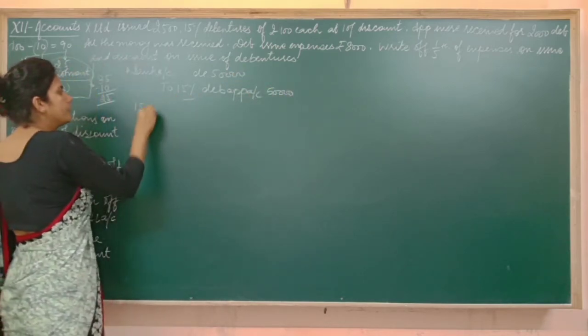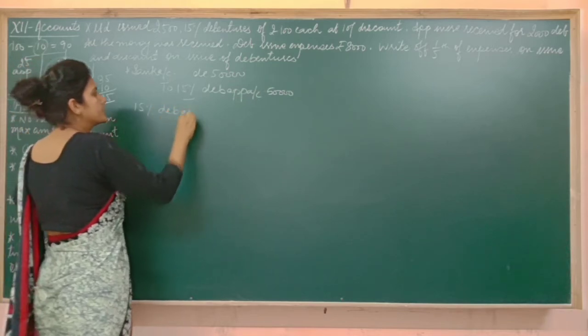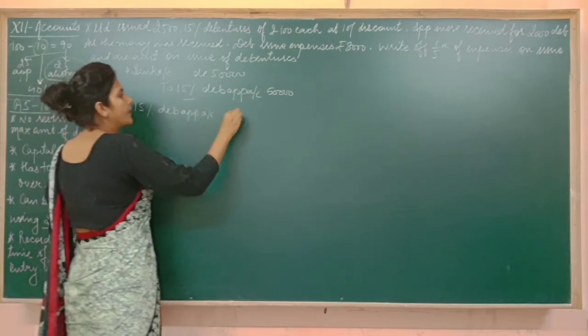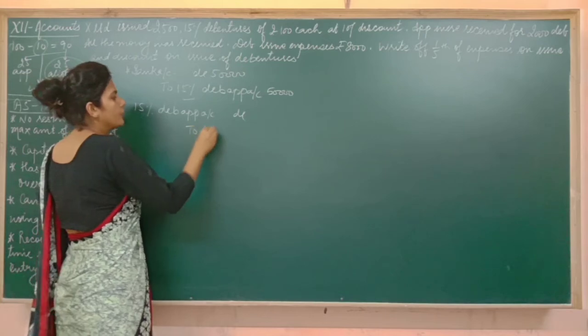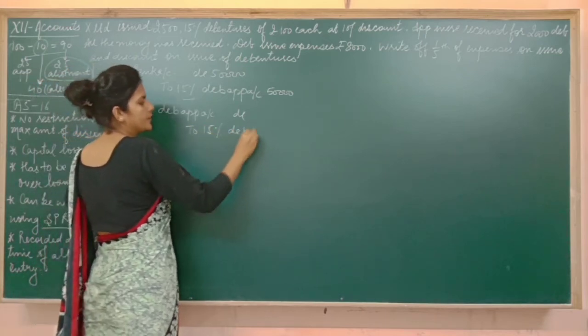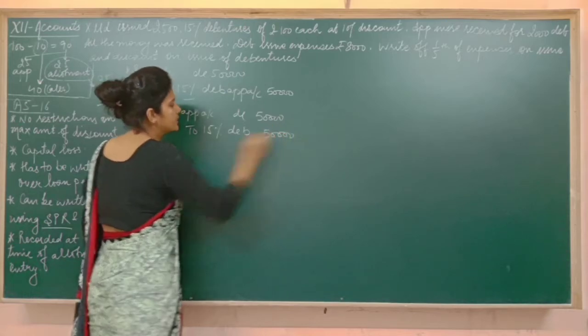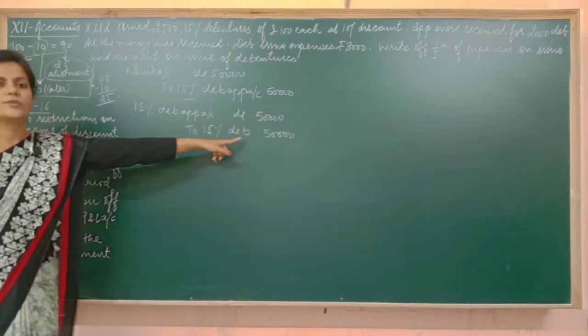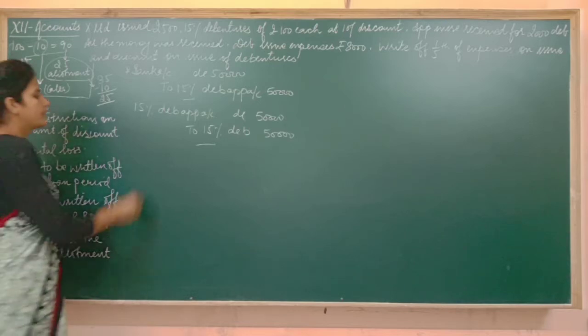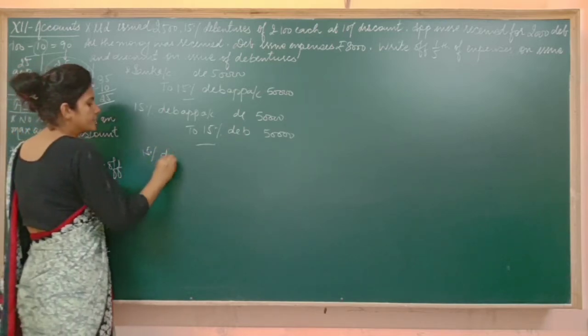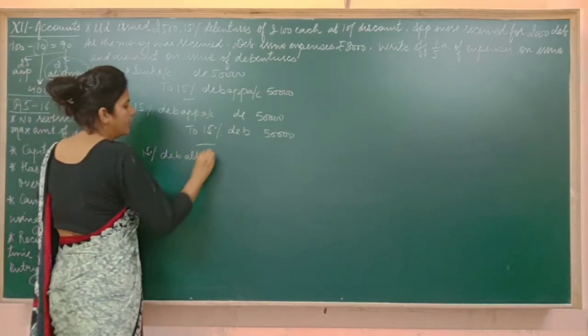Next is 15% debentures application account debited to 15% debentures. The whole amount we are going to transfer to the debentures account. Word capital will not be suffixed, that you know. Next is 15% debenture allotment